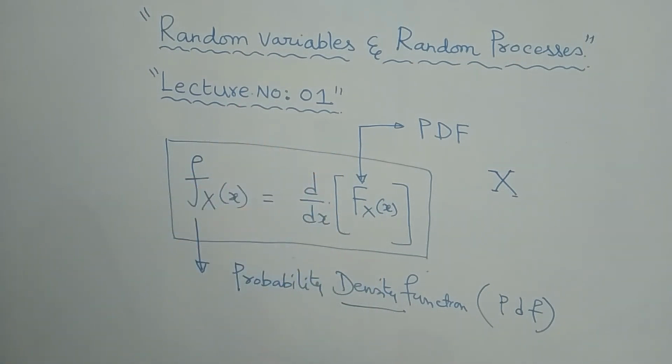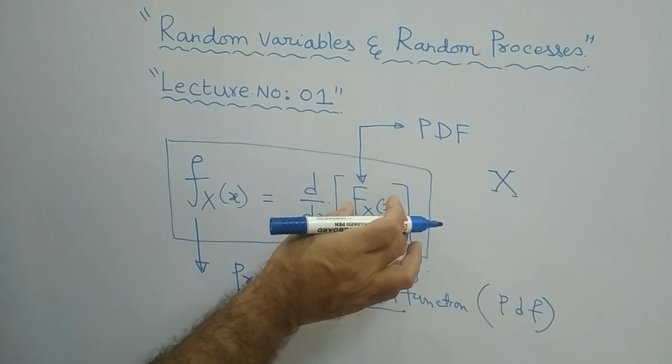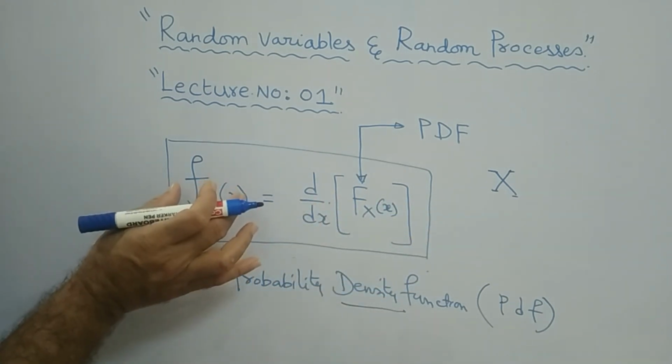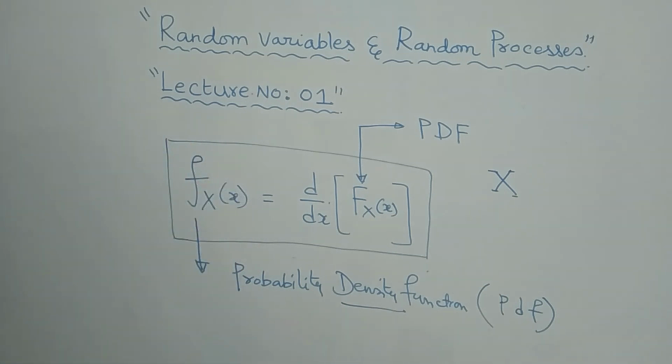I think it is quite enough to stop this presentation here, and we will see the continuation of this. They have their own properties. The distribution function will have its own properties, and the density function will also have its own properties. We will discuss these properties in detail, along with some more examples, in the subsequent presentation.